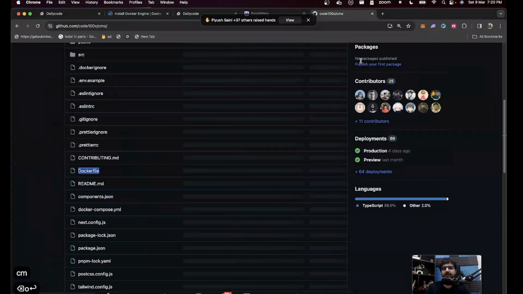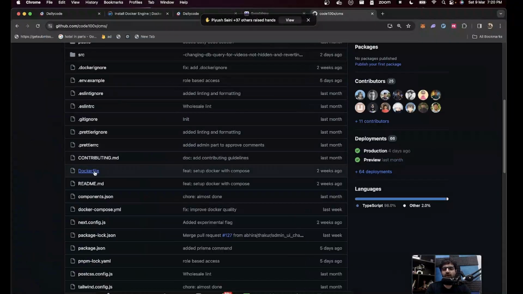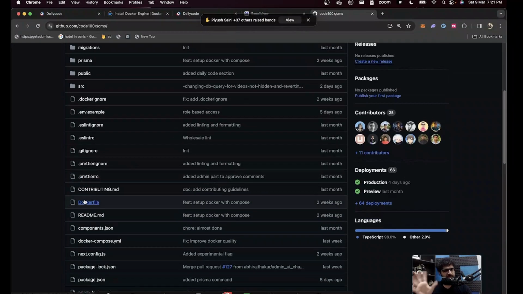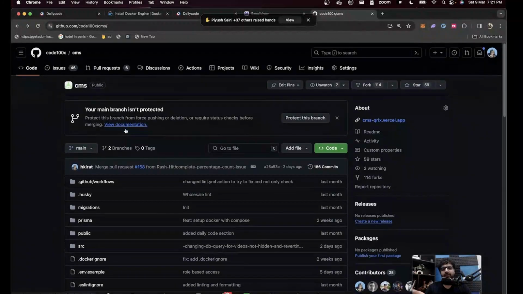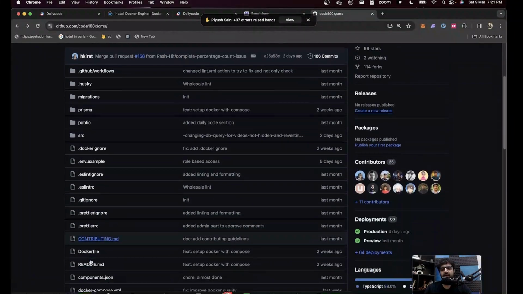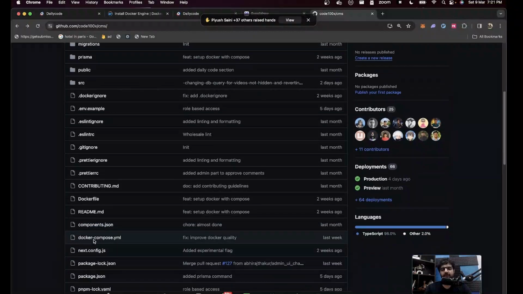So if you look at app.100xsteps.com, this Docker file was added by someone. I think there was a bounty on it as well. But basically, this is something you can do by the end of today's class, is add this thing called a Docker file in a project. And it's pretty small, as you can see. And it lets anyone who wants to start this code base locally do it in a single command. You'll find this very popularly in a lot of code bases, this top level docker-compose.yaml and this Docker file.